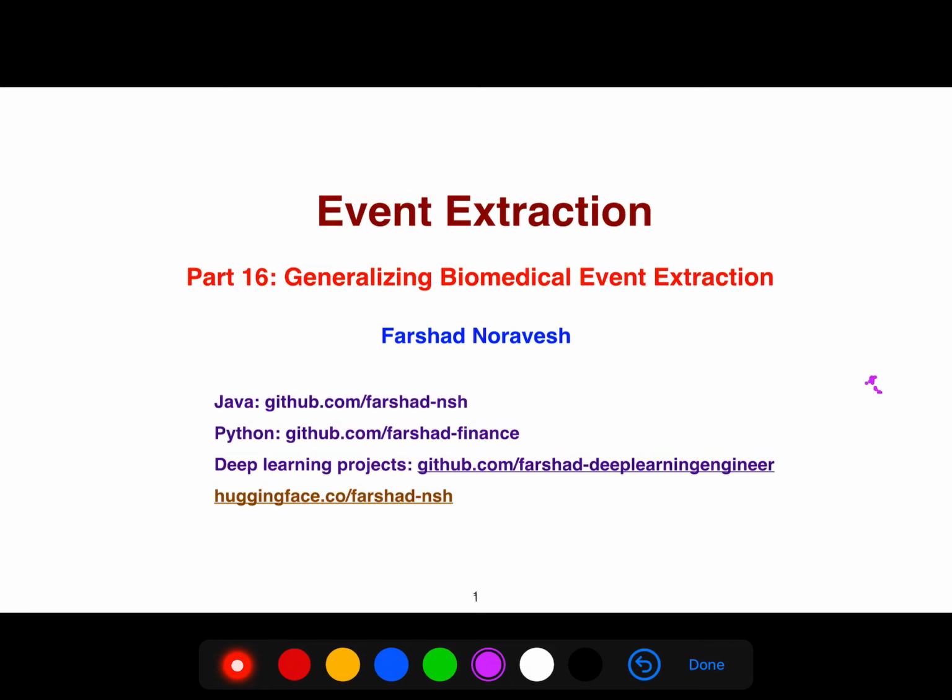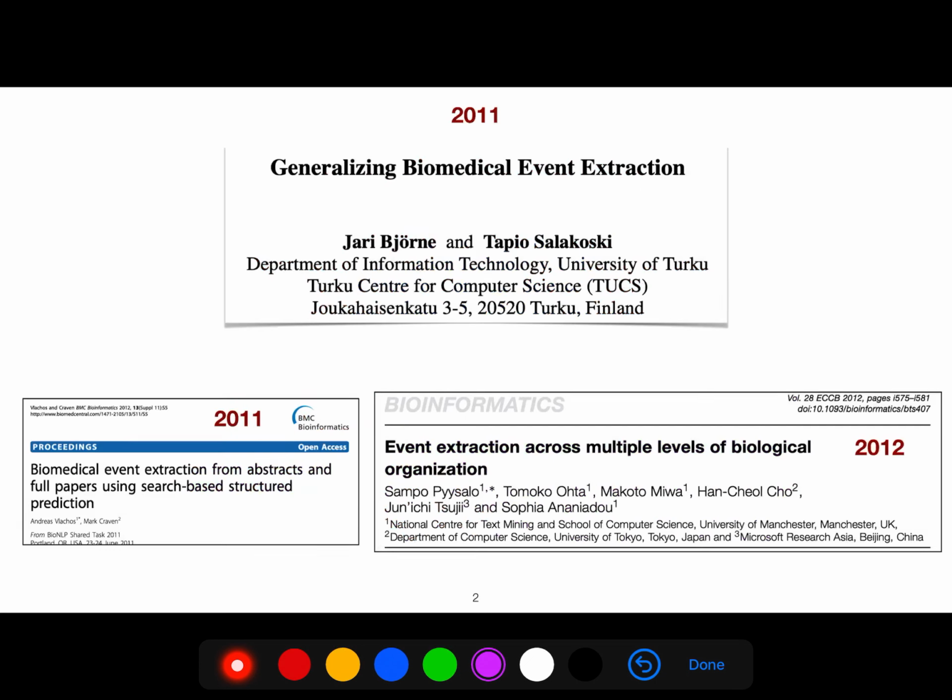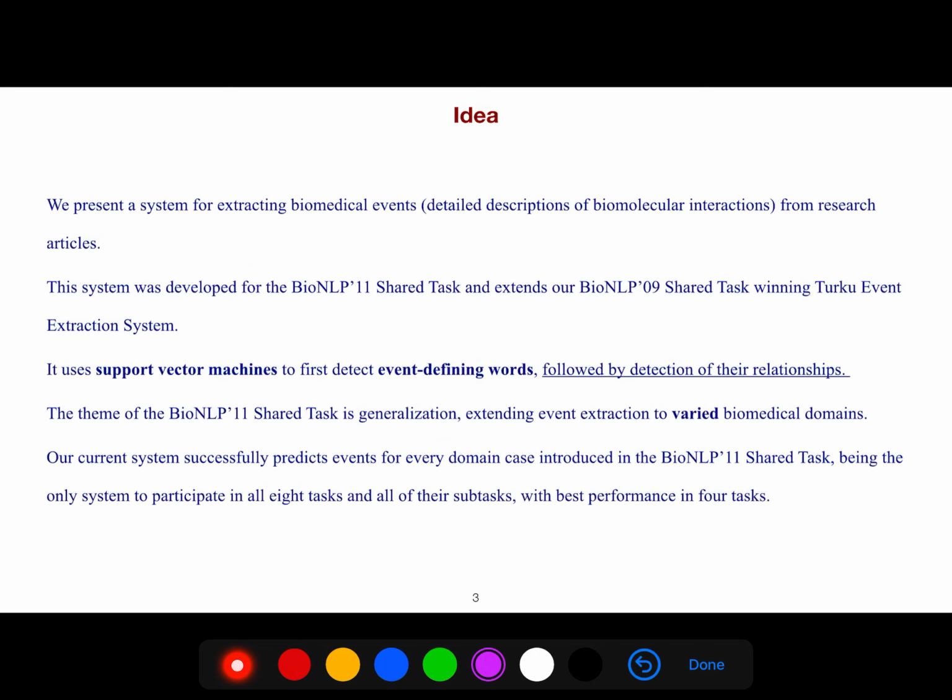In this video, I'm going to be talking about another approach for event extraction. This article is relatively old, but it's very important because we are generalizing biomedical event extraction. In this 2011 paper, they present a system for extracting biomedical events, detailed descriptions of biomolecular interactions from research articles. This system was developed for the BioNLP 11 shared task that I explained